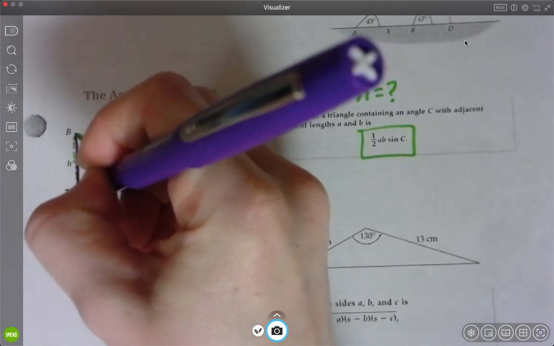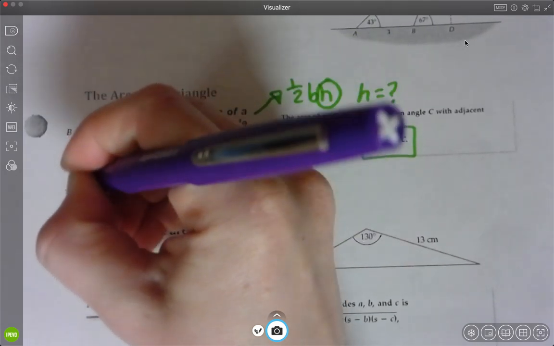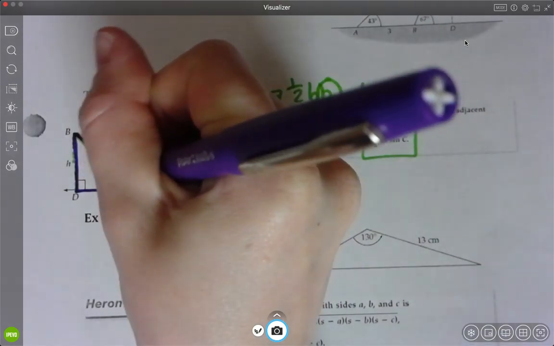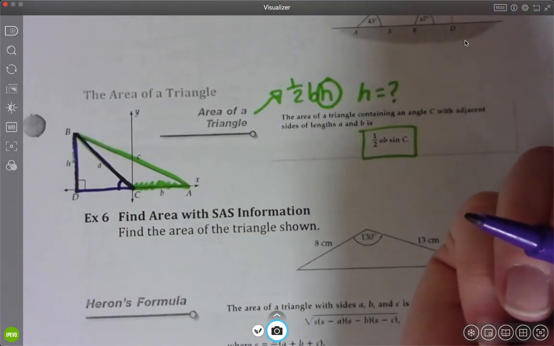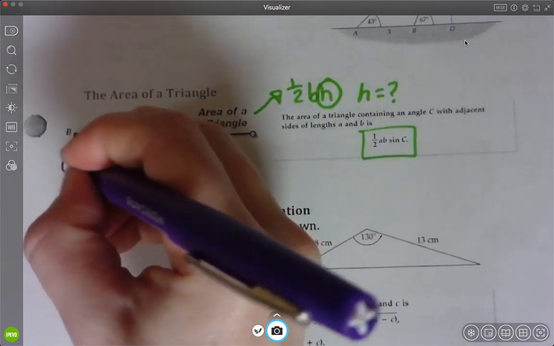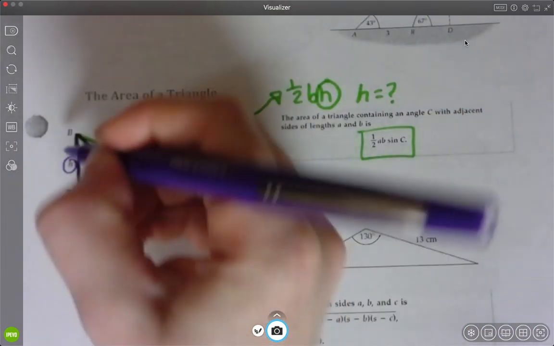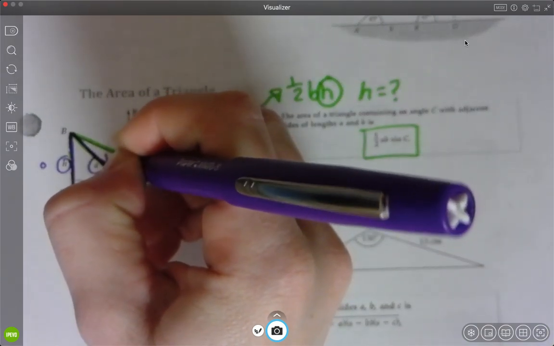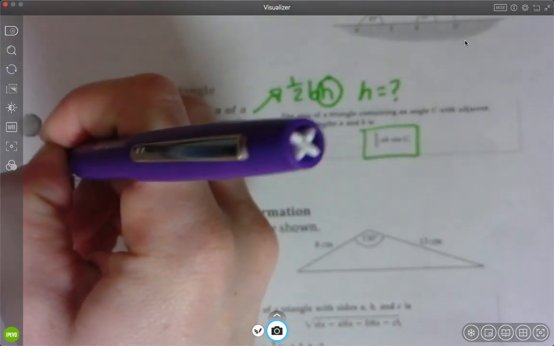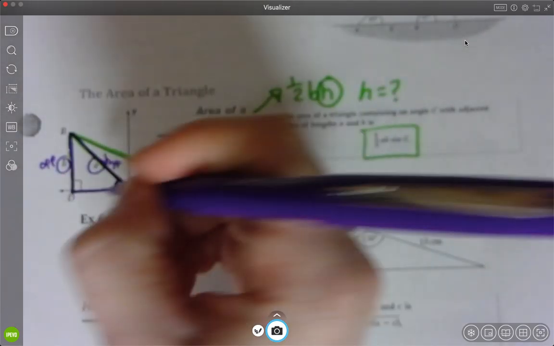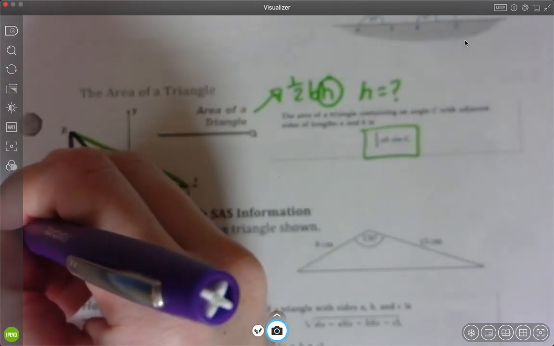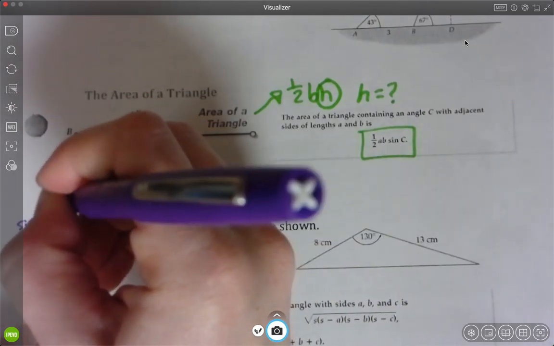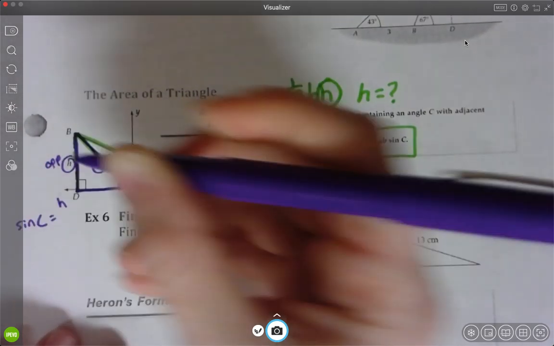They've looked at this right triangle here, and they are saying that if I look at this angle C and use basic SOHCAHTOA, the H is going to be the opposite side. The A is actually going to be the hypotenuse side. So I have opposite and hypotenuse, which is going to be sine. So I have sine of angle C is going to be equal to the H, the opposite side, over